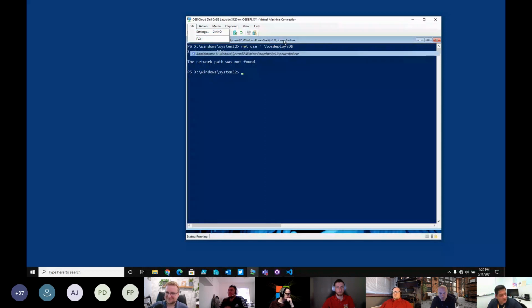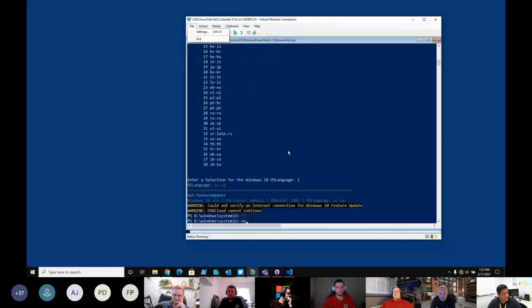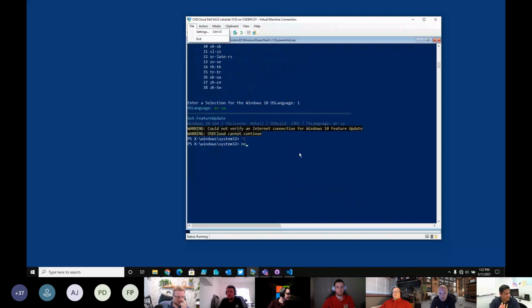But for example, if all of this was on a USB, then the driver pack would still work because I keep local copies of the driver packs in the module itself. So even if there was no internet connection, it would still know what driver pack it needs, and if you have that driver pack on a USB, it would still work.